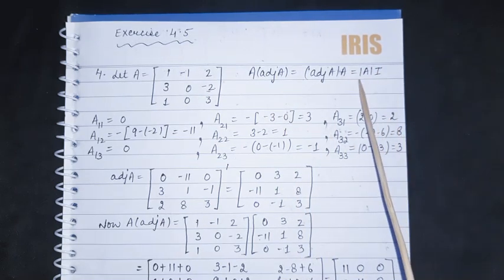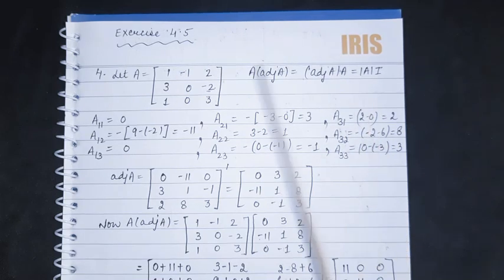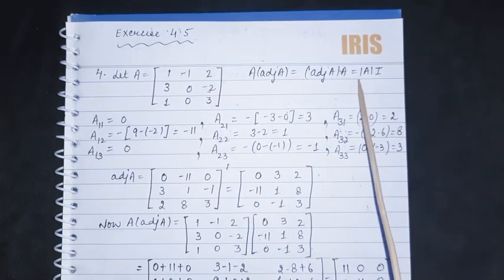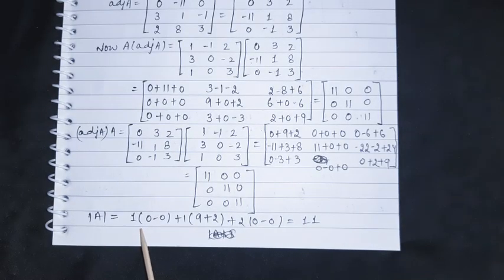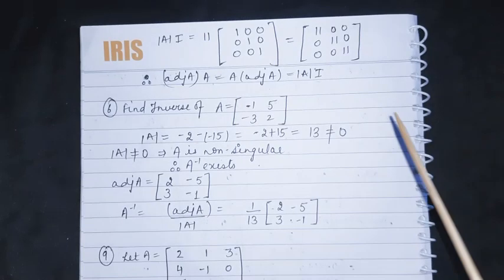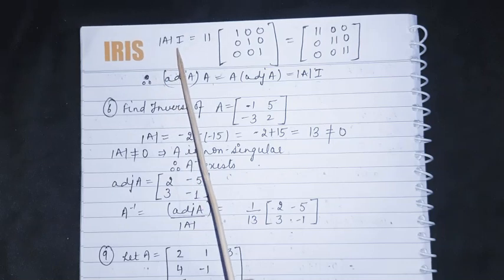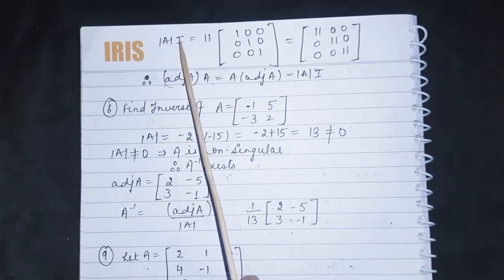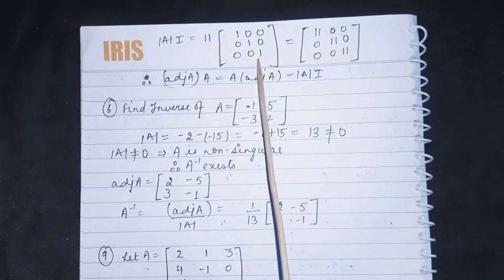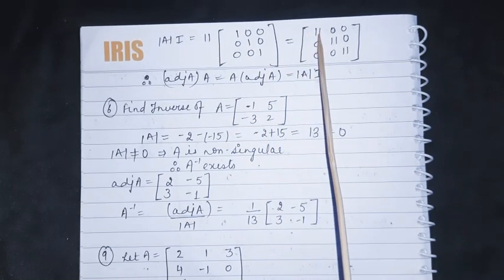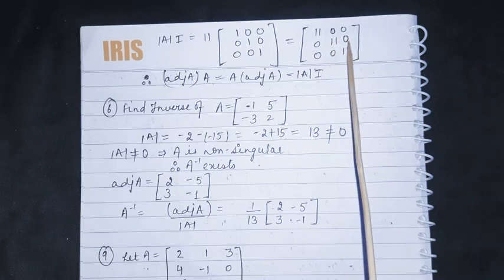For this one, we need to calculate determinant of A. A is with us. Let's see the calculations for determinant of A. When you will expand A along first row, this is what you will get, which is 11. Now determinant of A into I, where I basically is your identity matrix of order 3. So 11 times of identity matrix of order 3 will give you 11 0 0 0 11 0 and 0